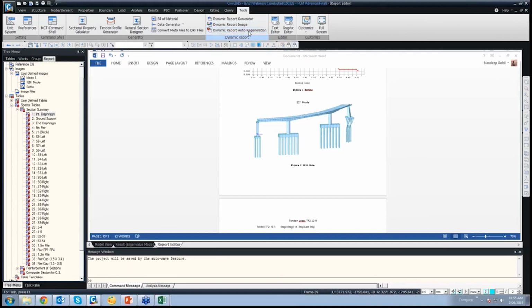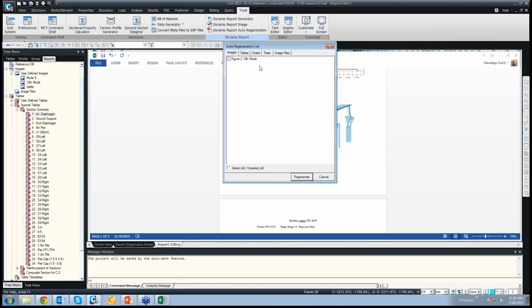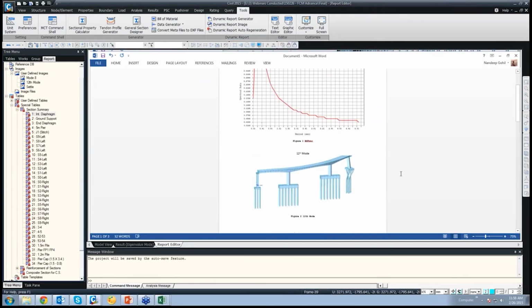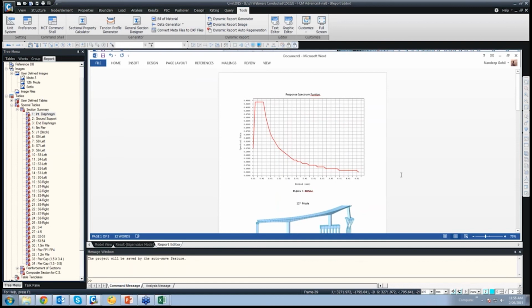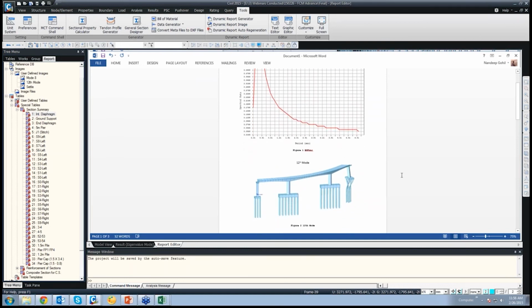Once you click on this, a box will pop up. You select the figures, tables or charts that you want to update and regenerate. The report would automatically be regenerated. You don't need to do anything else, and the copy to be printed is ready. So this is about the dynamic report generation feature.